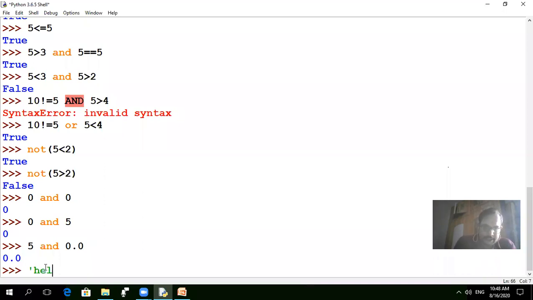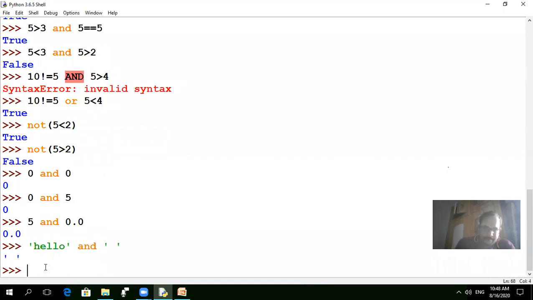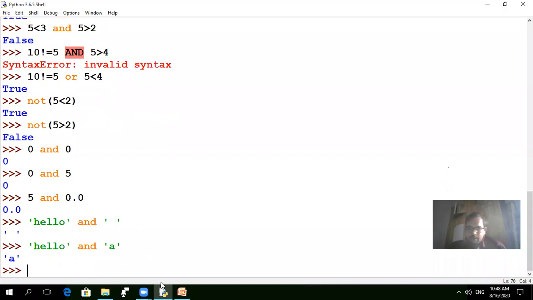See one more example. I have written like this: hello, and A. See this, same thing. Hello and A. Result is A. Clear? It is clear. The first one is true, it is a value, and this one is a value, meaning it acts as an expression. So the final result is the expression. According to this, the first one is a value and the second one is also a value, so it always gives a value. So what does our definition say?